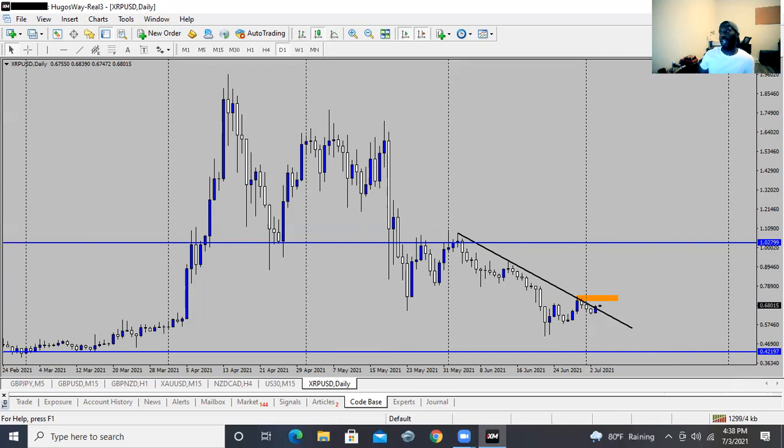I don't really trade Bitcoin, but I can see Bitcoin going back to 20,000 again, to retest 20,000. We already hit 28,000 and something. We are very bearish right now on cryptocurrencies, and with all these countries starting to come out saying that they are banning Bitcoin, banning cryptos as a whole.